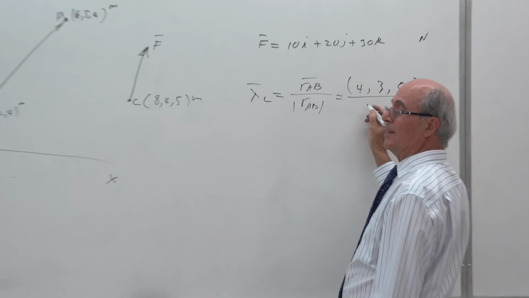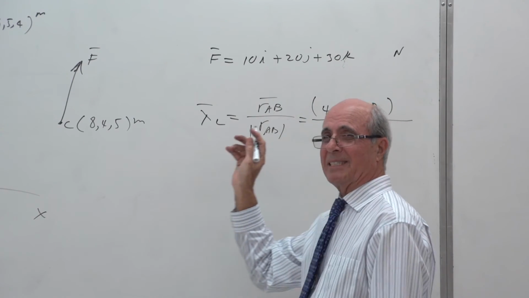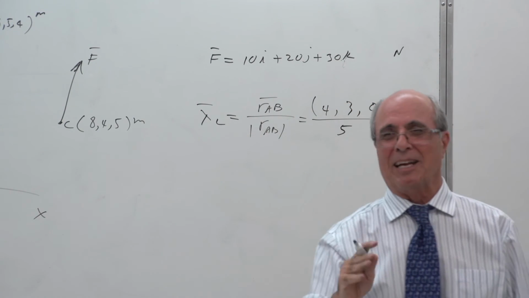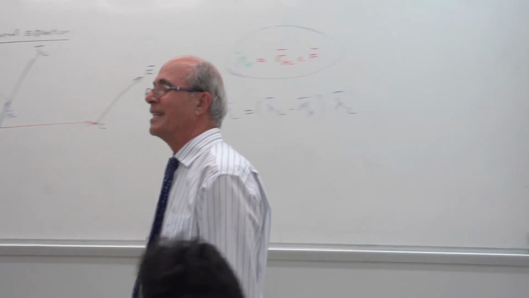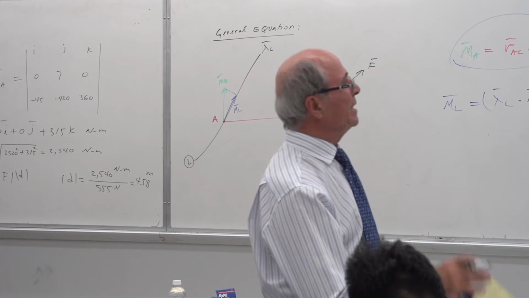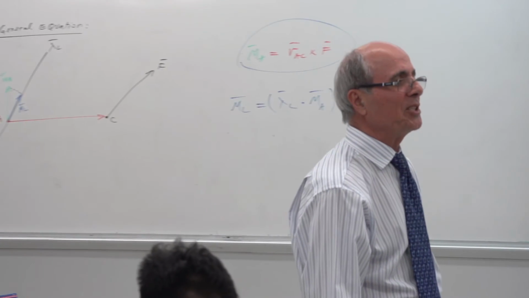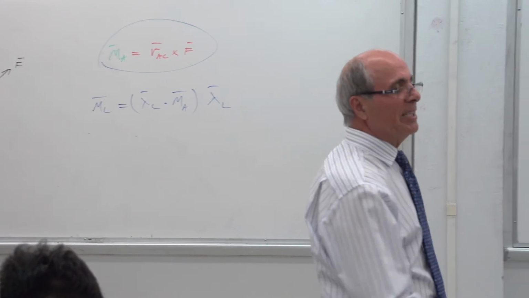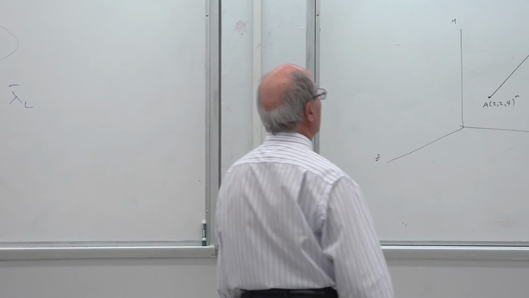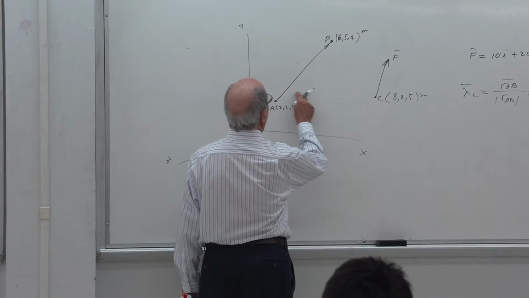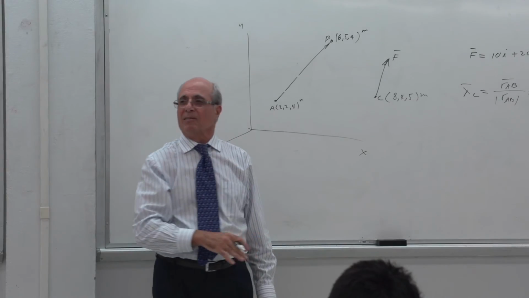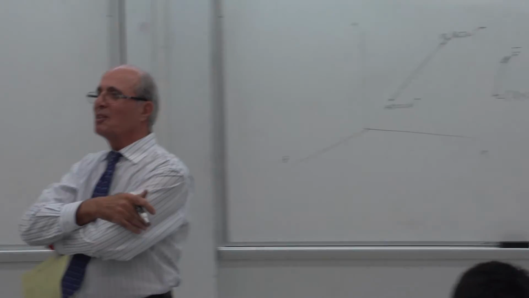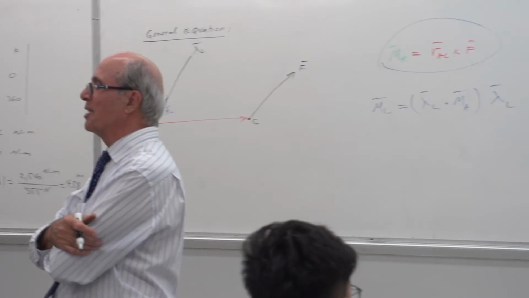Divided by its magnitude. This is not by accident. It just, I gave you a 3, 4, 5 slope. Everybody understand that? AB is in the XY plane. Does everybody see that? Because it doesn't have any z component. So really, if you want to draw that, you have 4 run and 3 rise, and it is in that plane. I'm just playing with you guys.